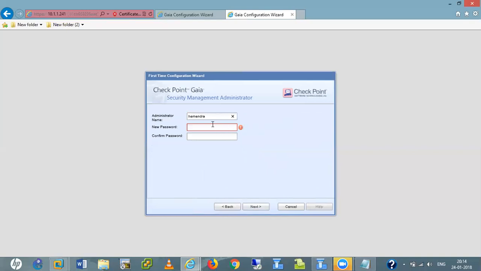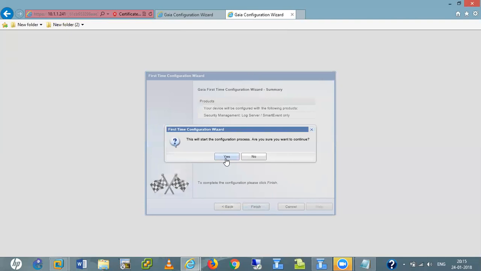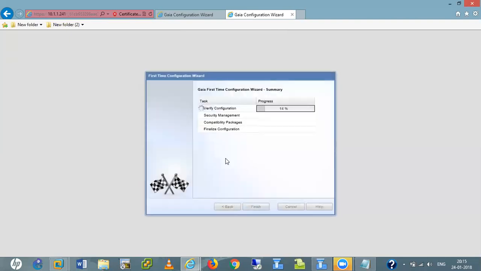I'll set the password admin@123. Next. Any IP. Here I set the activation key ASDFGH. Next. Yes, it is finished now.